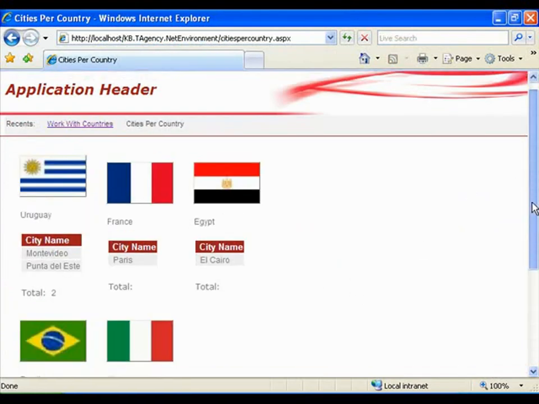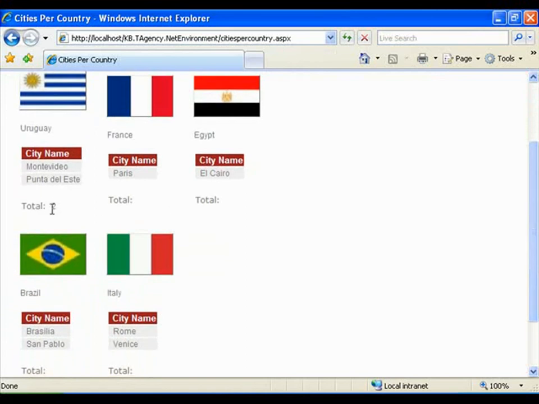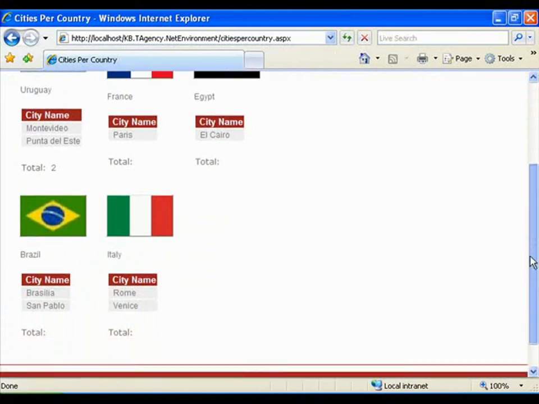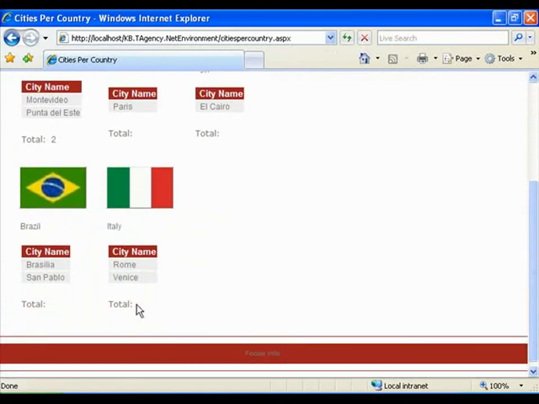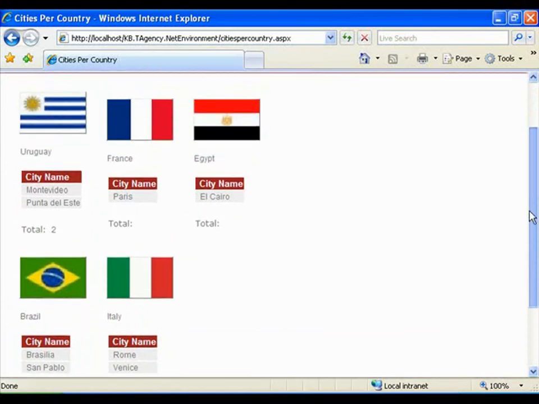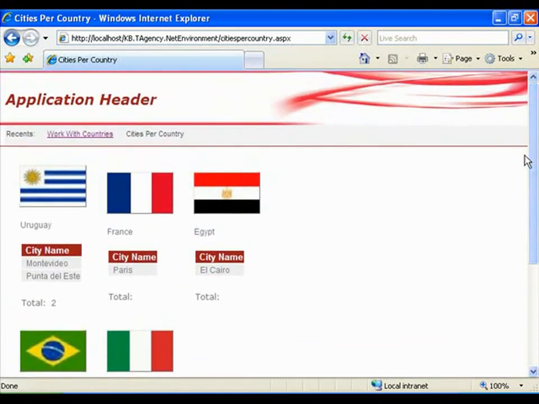We open Work with Country and display our web panel, and we see that the calculation was only run for Uruguay, and for all other countries the variable is invisible. In this chapter, we've seen some general aspects of formulas and an example